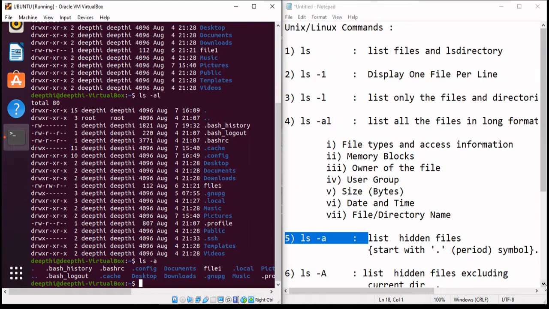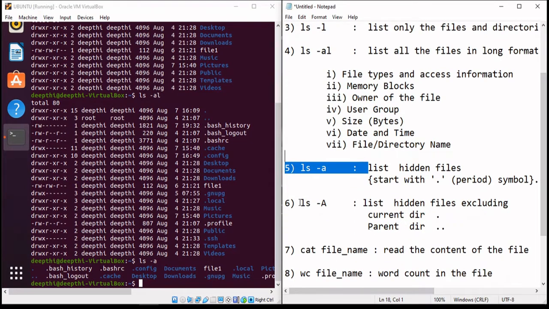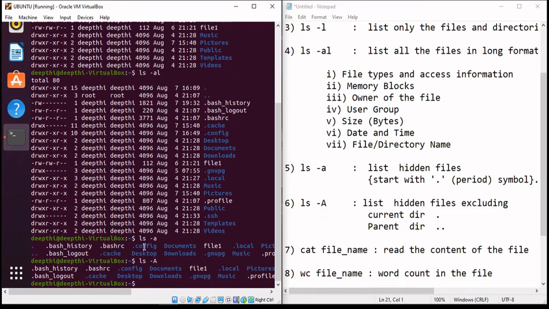Now coming to the next command, that is ls space hyphen capital A. Let's run this. And I write capital A here. Now let's see what will be the difference. So in this case, both are giving the same result, but here this current directory and parent directory are also available. But in this capital A, the current directory and parent directory are not there, and the rest of everything is covered that were covered in this command, except the current directory and parent directory.